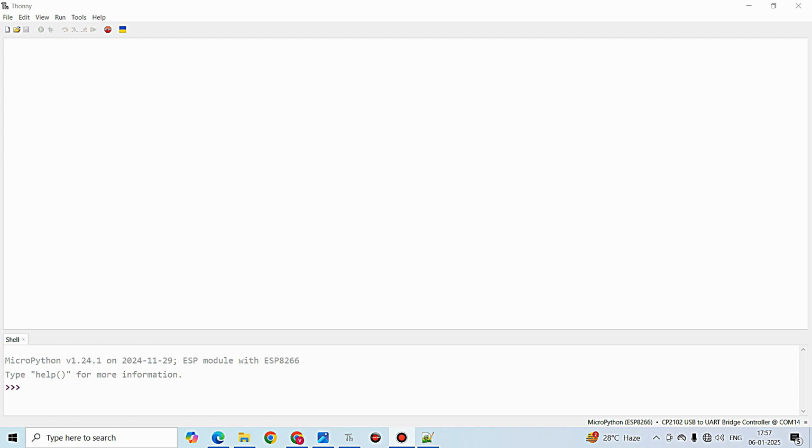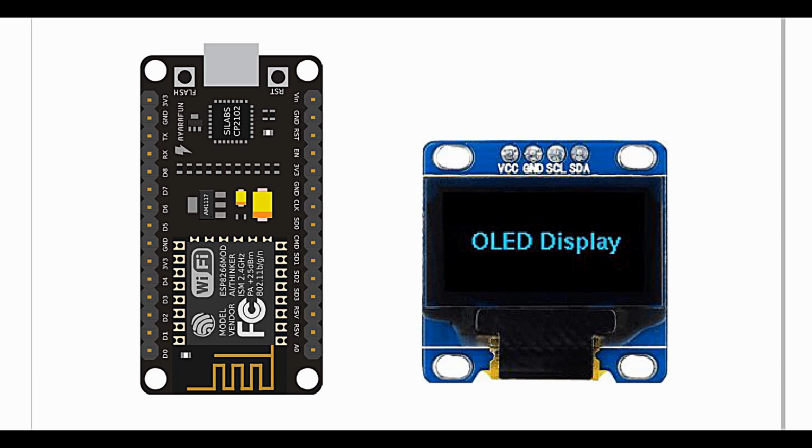Before getting into the Python scripts, let's discuss in detail the layout schematic that we are going to build for interfacing the SSD1306 OLED display with our ESP8266 or NodeMCU. So as we discussed, we are going to discuss the schematic diagram for interfacing the OLED display with our ESP8266 NodeMCU module. On the left you can see the NodeMCU or ESP8266 module, and on the right you can see